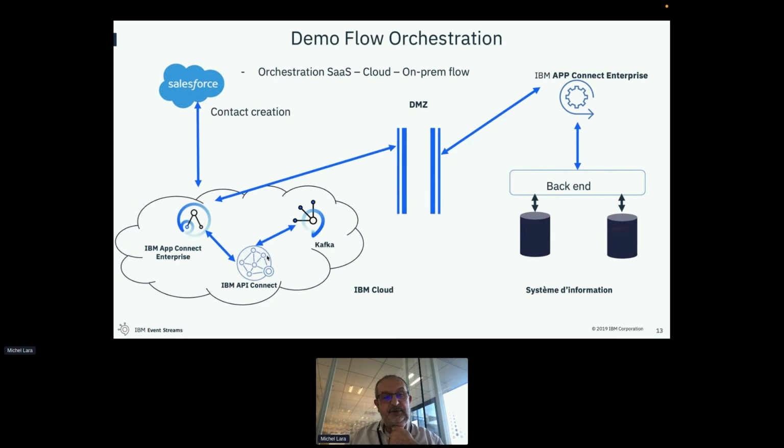So you have also SaaS services to manage a Kafka cluster, to manage your API, and to manage complex flow with an orchestrator and with the connector you saw on Salesforce. And you see also the way to call some flow you have on-prem in your system of information with data, etc., application services to connect it with some flow you have on the cloud